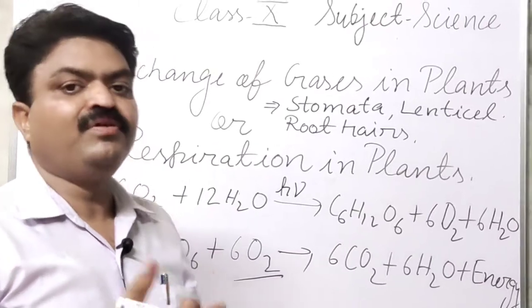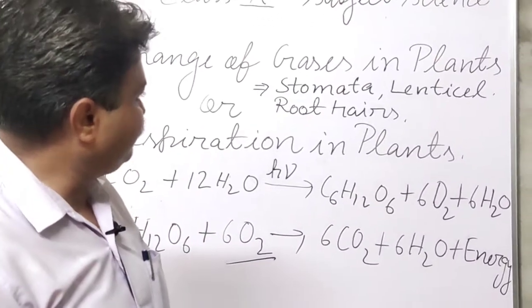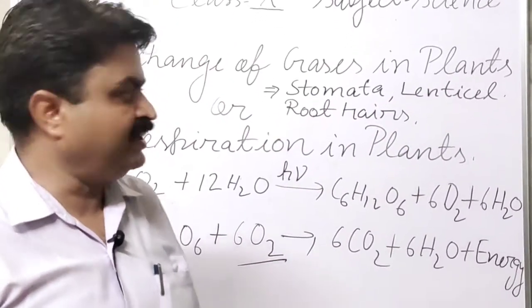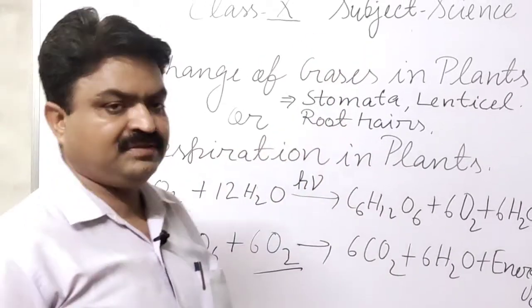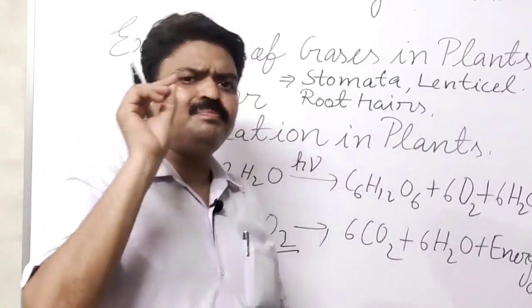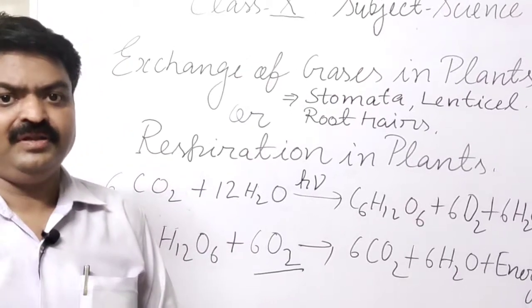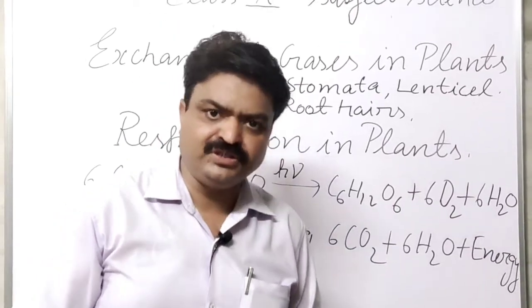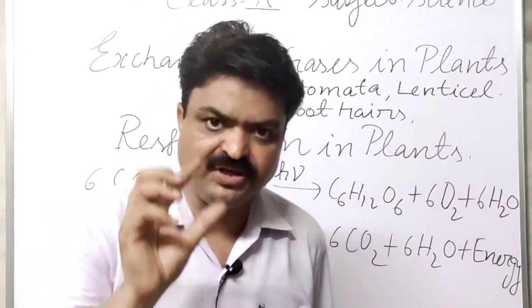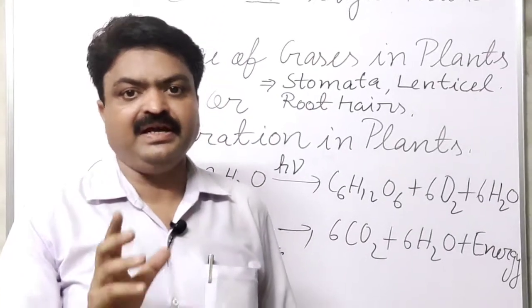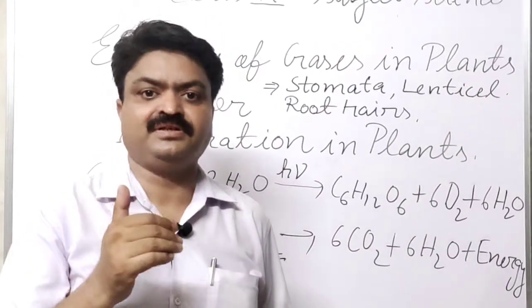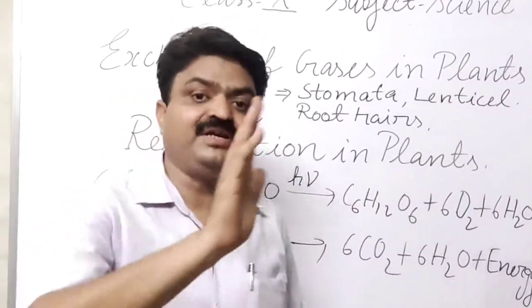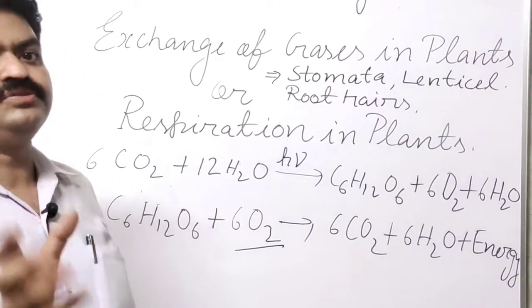Then from where do they get the oxygen? With the help of the lenticels, or with the help of the root hairs. And in this, one important process helps them, and that process is known as diffusion. Now what is diffusion, students? Diffusion is the phenomenon in which a gas that has a higher concentration in a particular part moves from higher to lower concentration, which means it is removed by the parts of the plant.